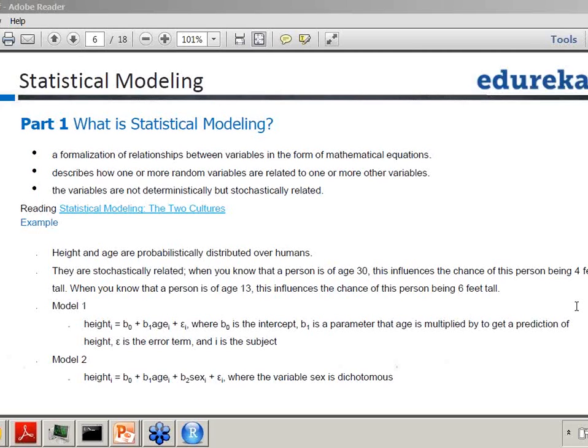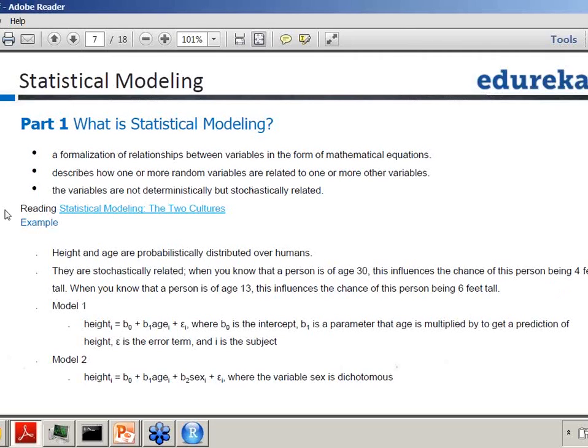So this is the kind of thing the customer wants to listen to from you. For example, they say, we have this kind of data. What can we do there? Because mostly customers have data right now in the industry today. Everybody has their own data, but they don't know what to do with the data, right? So that is where you have to give them ideas, saying that, hey, if you do this, you can do that. You can gain a 30% increment in revenue, etc. Right? That is what statistical modeling is all about.